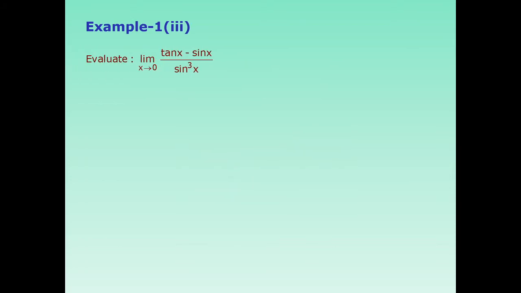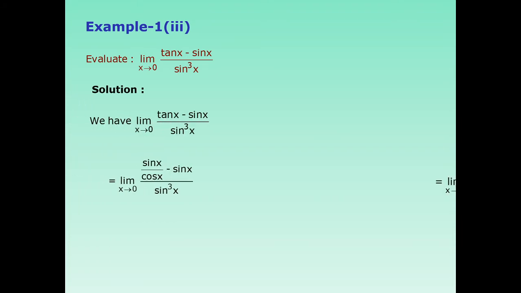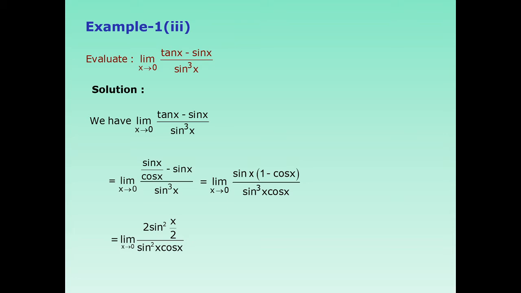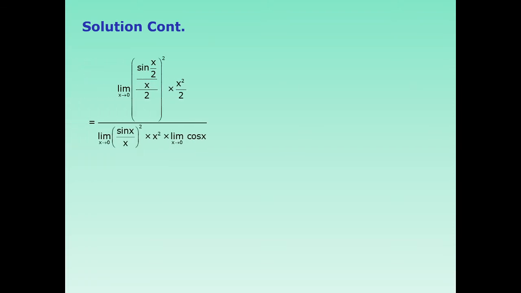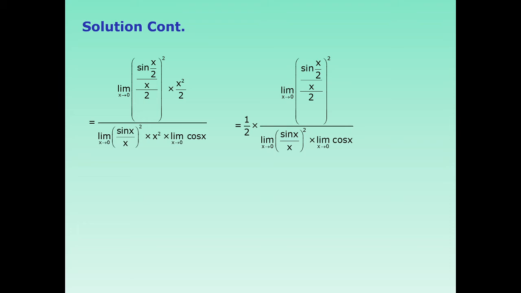Now it is a standard question. Tan x minus sin x by sin cube x. Breaking the tan as sin by cos. Now break 1 minus cos x as, what will you do? 2 sin square x by 2, or either we can factorize sin, that is 2 cos sin square x by 2, and then sin square x we can further break it as 2 sin x by 2 cos x by 2. Now look at this, and it is 1 by 2.